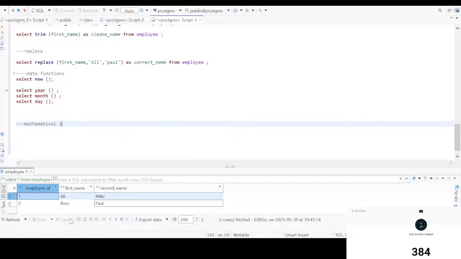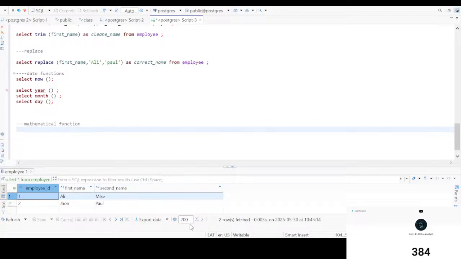Mathematical function. Okay, let's do mathematical function. And first let's go back to our notes and see what this mathematical